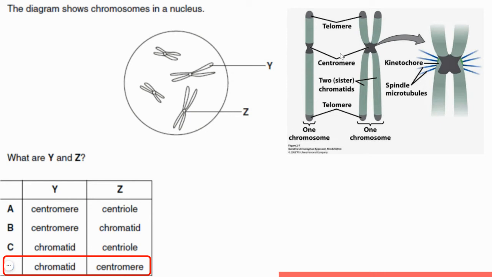And yeah, the diagram here shows you some details so that you can recap the structure of chromosomes. If the chromosome is already duplicated, you can see sister chromatids, and the sister chromatids are joined at a point called the centromere. The ends of these chromatids are called telomeres, and at the centromere region there are proteins called kinetochores, which are the regions where your spindle fibers will attach, so that during anaphase the spindle fibers can contract and separate the sister chromatids. So that's a quick recap, and our answer is option D.